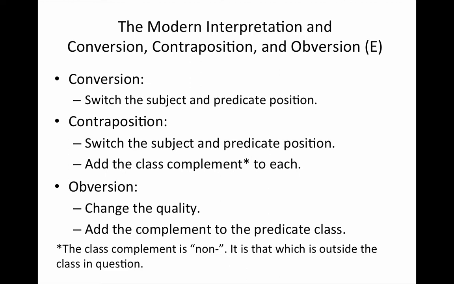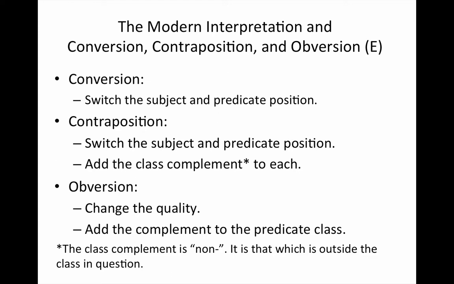We're now going to move on to a discussion of other immediate inferences. When you make an immediate inference, you are making an inference from one proposition to another. So we've seen that on the modern interpretation of the universal, there are two immediate inferences on the square of opposition, namely the contradictories A and O and the contradictories E and I. Now what we want to do is look at what sorts of inferences we can make when we